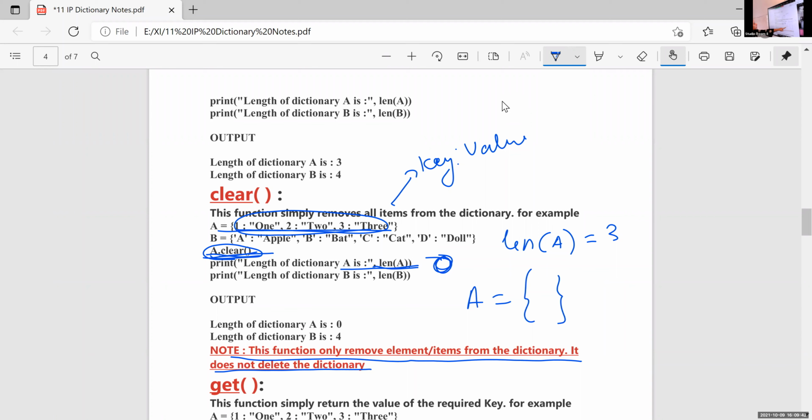This A is not removed; the contents inside that dictionary are removed. It just removes all the key value pairs from this A. So after the clear statement, the dictionary is just like an empty dictionary.